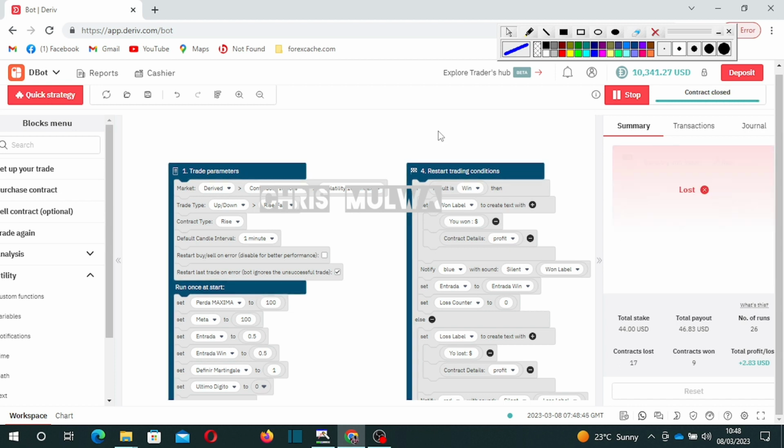So this bot can maybe blow your account if it makes around 6 consecutive losses, but it is not making 6 consecutive losses. We can see that our win rate is still low, but still the bot is performing,